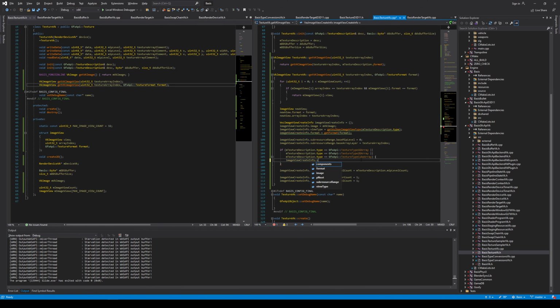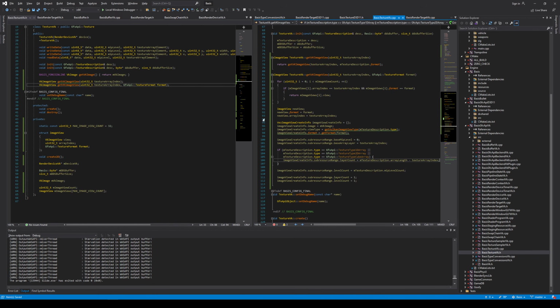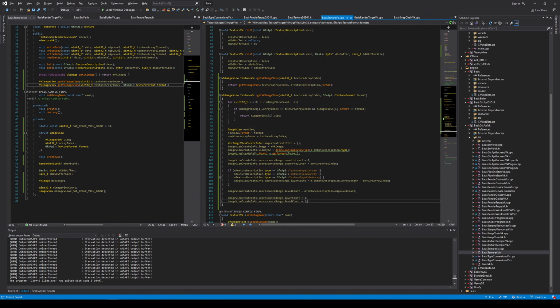Right, so if this is an array, then the sub-resource range layer count would be like the array length minus the texture array index, right? Because it's like how many layers are left. Like if you have a texture array of 5 and then you map the second one, the one with index 1, then this would be 5 minus 1, which is 4. Like you have access to 4 left. Oh, but then actually, oh man, you can't map. Yeah, this is not gonna work, is it? You can't map like in a MIP mapped